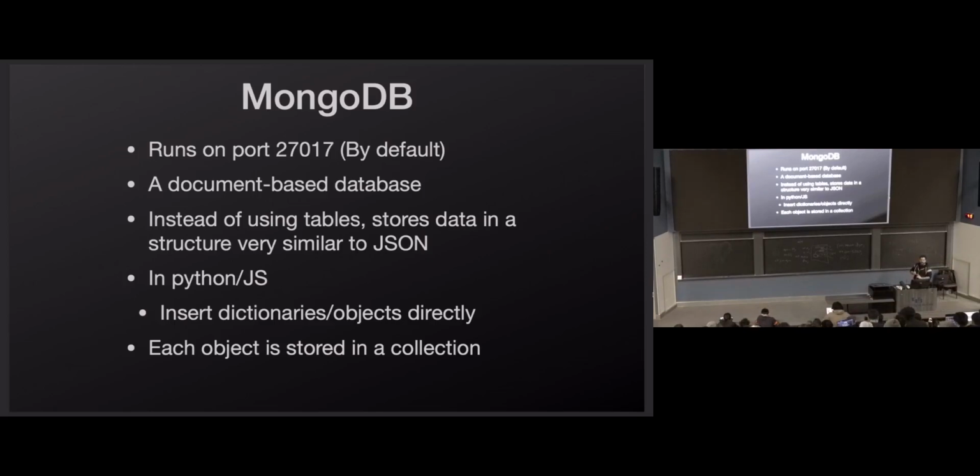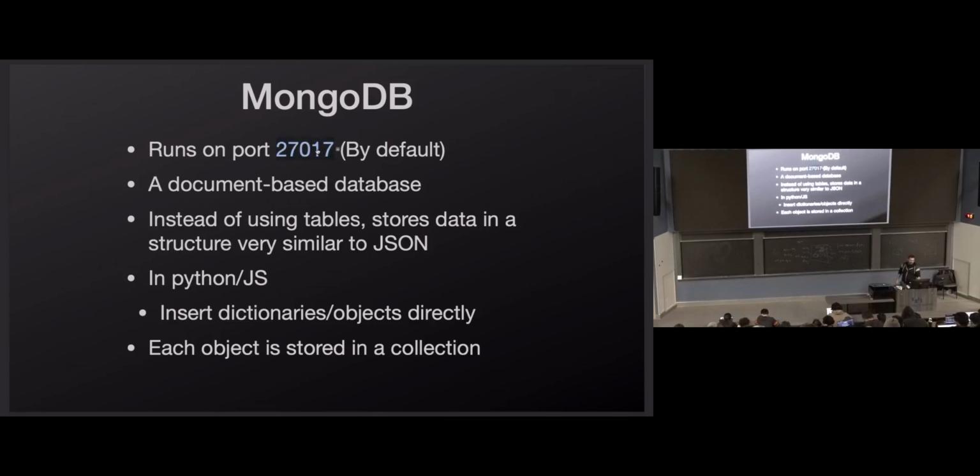So MongoDB is similar to MySQL in that it will run its software that you download, install, and run on your machine, and it'll listen for TCP connections on 27017 by default. There's no reason to change these defaults, by the way. Just use the default port numbers. They're standard. The only reason you would ever change the default port, in my opinion, is if you're running two instances of MongoDB on the same host, which at that point I'd say, why the hell are you doing that? But that'd be the only reason I could see why you would want to change that port number.